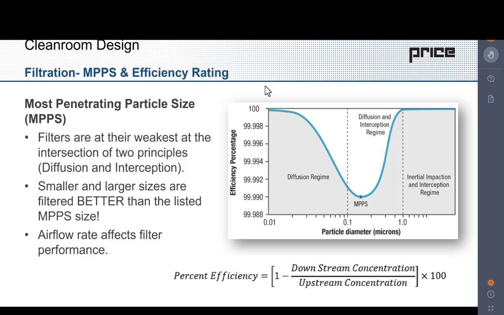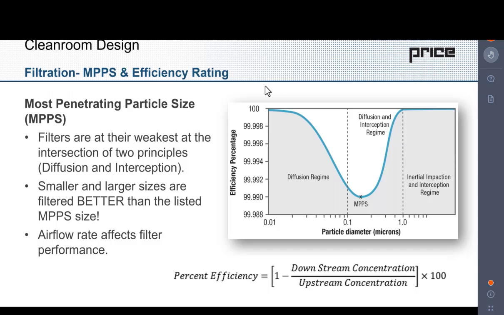This is defined through the testing standards, which we'll go over a little bit later. But right now we'll take a look at the most penetrating particle size. Filters are at their weakest at the intersection of the two principles, which are diffusion and interception. On the graph, you can see the MPPS just above 0.1 microns. Any particle, whether smaller or larger, is going to be filtered better. As we go to the smaller particles, the filter is going to be capturing these through diffusion. And then as we get onto the larger particle sizes, these are going to be caught through interception and inertial